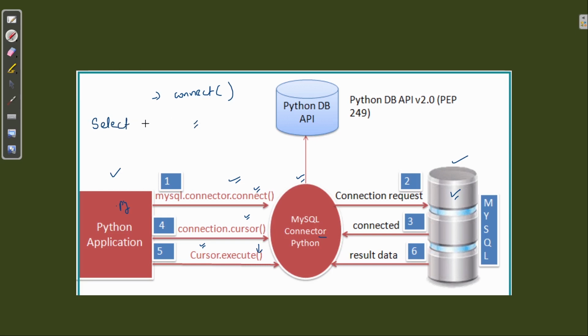Suppose I want to select name, city from, and then we write the table name. That's the basic query format to get those columns.